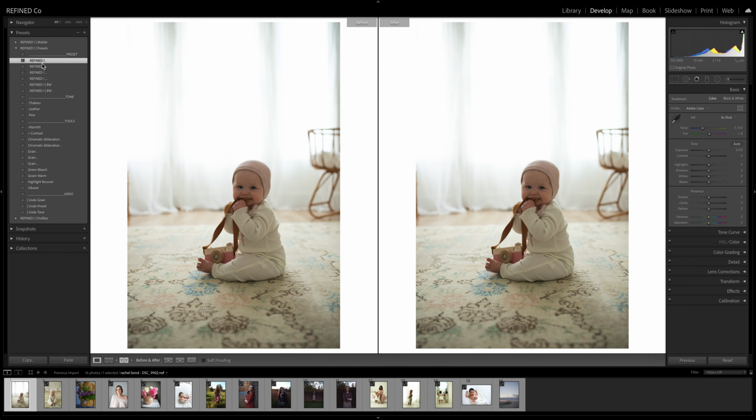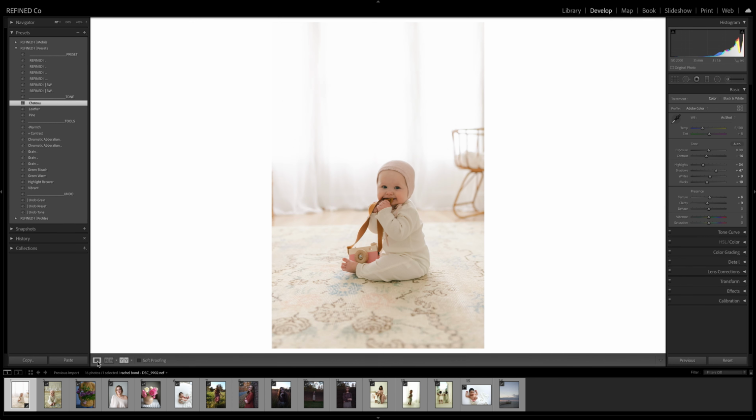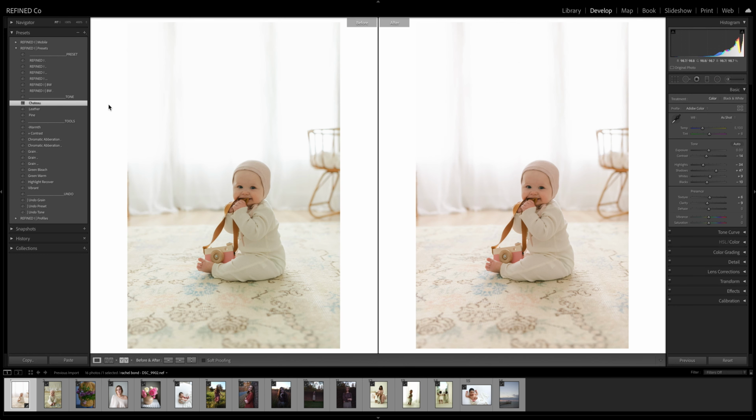So without white balance adjustment, let's just put Refine 1 over here to the left, one click, so I can give you a look at the tones. Again, I have not adjusted anything on this yet. So there's a slight blush tone, and if you saw it by itself without this, it doesn't even feel too pink. It gives that nice soft blush tone that we see in film scan sometimes. And then Leather, just slightly warm, and then Pine gives a little bit more of that nearer to film scan